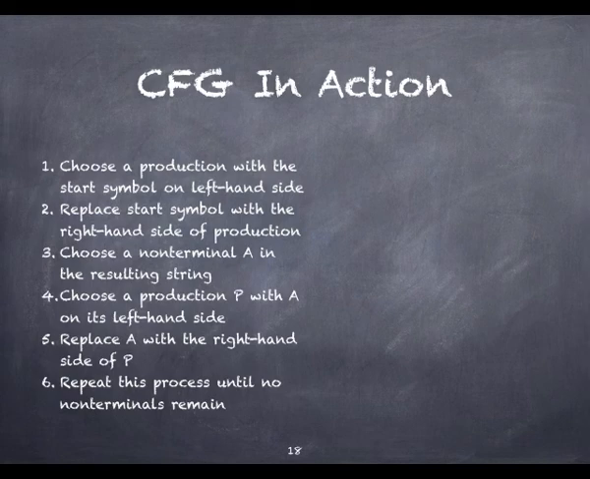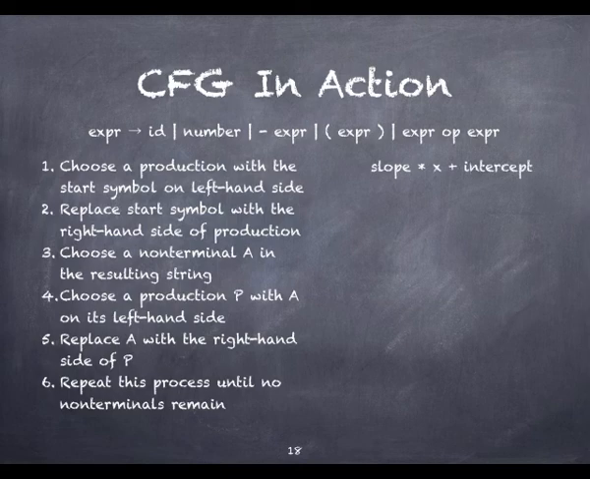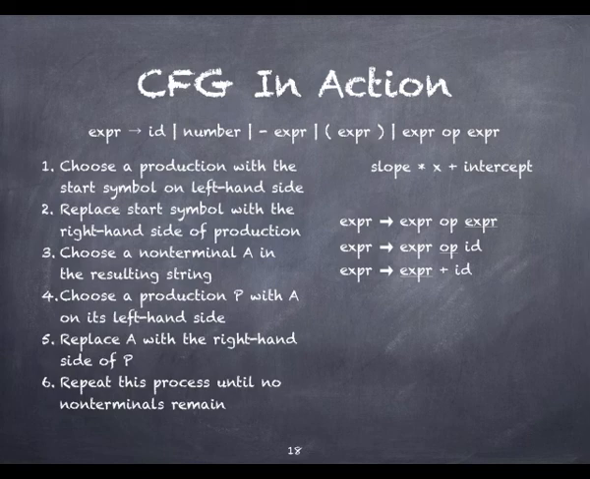As an example, we can use this grammar for expressions to generate the string slope times x plus intercept. The start symbol is expr, and we can expand it to expr op expr. The expr at the end of the expression can be replaced with id, and the op can be replaced with